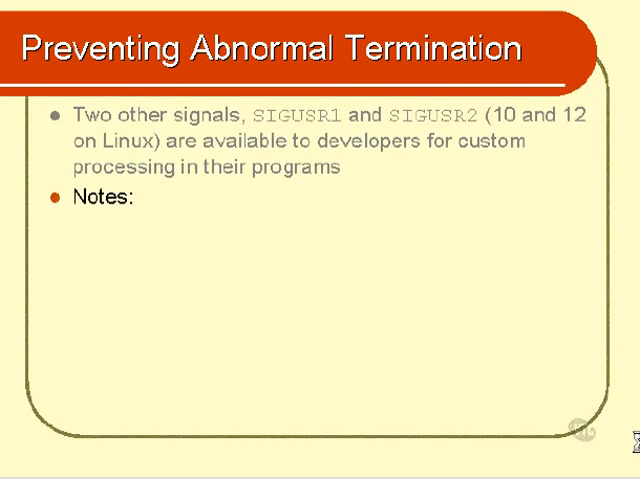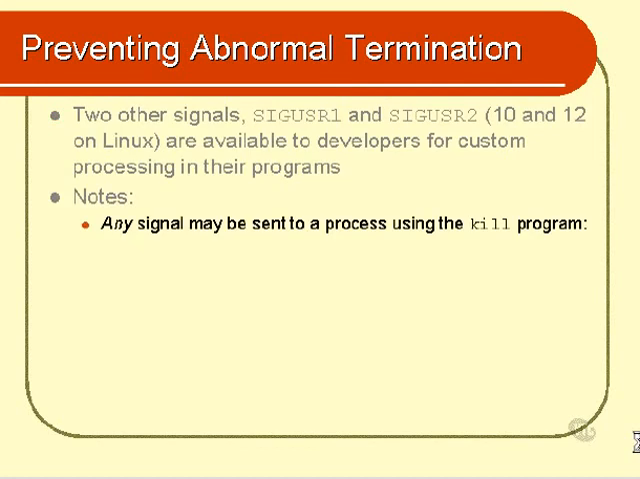Now just a couple of things to keep in mind. Firstly, it's actually possible to send any signal to a process using the kill program. For example, I could send signal 10 to process 12345 just by doing a kill -10. So you can actually simulate various sorts of system events. For example, you could simulate your terminal being disconnected by sending a kill -1 to the particular process that you